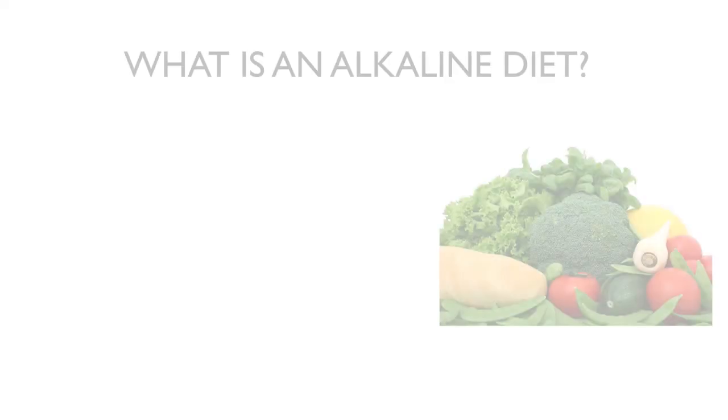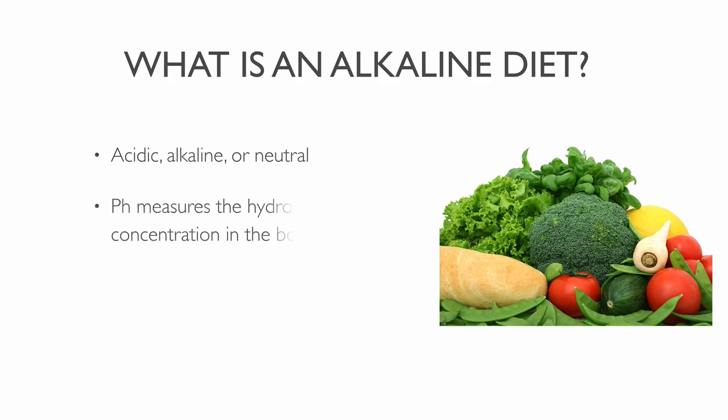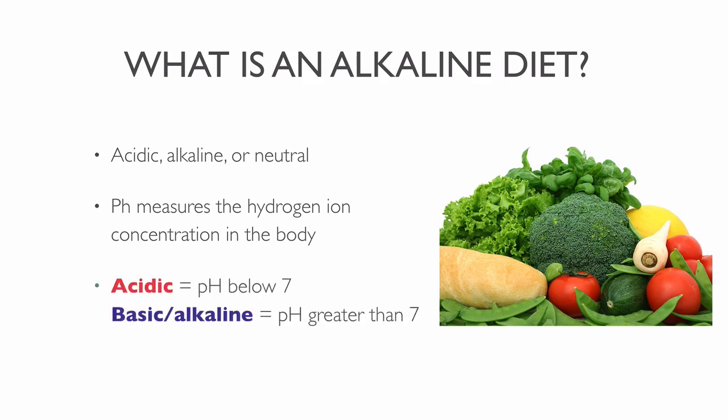So let's start. The alkaline diet is also known as the acid-alkaline diet. What you eat can either be acidic, alkaline, or neutral. You can measure your body's acidity or alkalinity by using the pH scale. pH measures the hydrogen ion concentration in the body. The whole pH scale ranges from 1 to 14, where 7 is neutral. If you have a pH level below 7, your body is acidic, and a pH level of 7 or higher